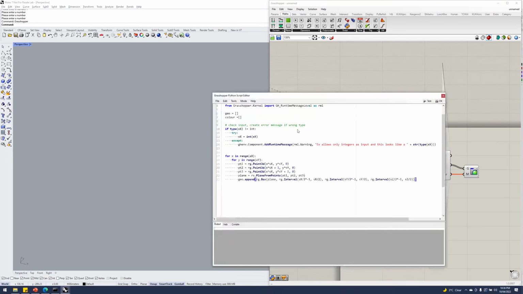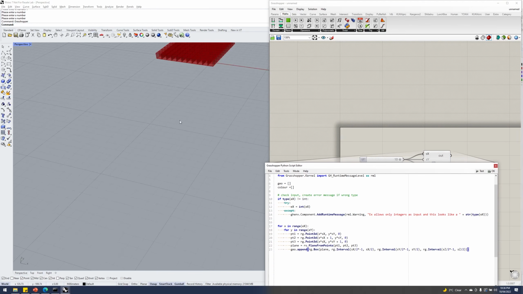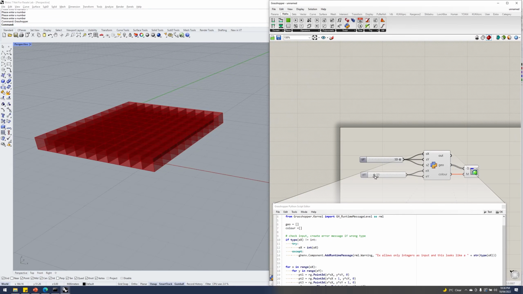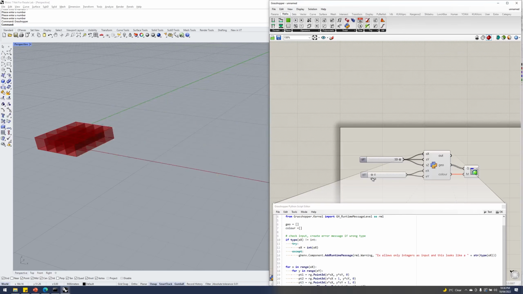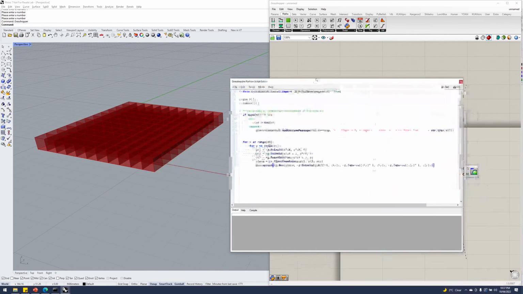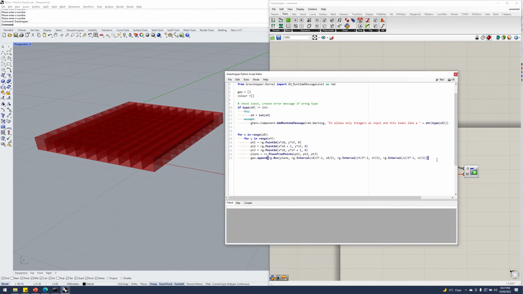F5, should have some geometry. Yep, we have some geometry. So if we decrease, perfect. Okay, that's cool. So we're generating the geometry,